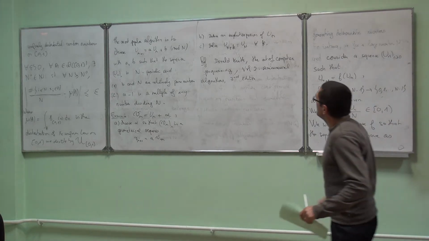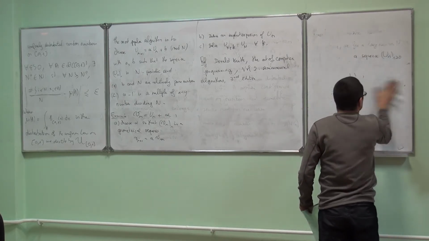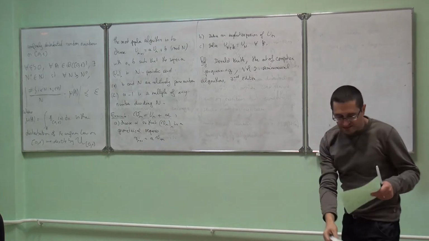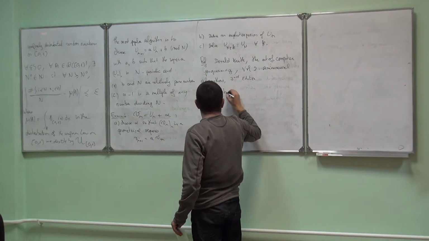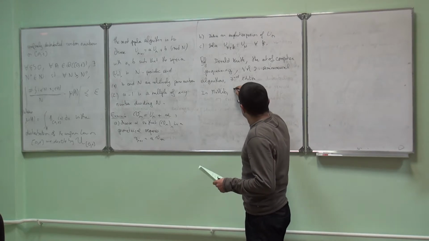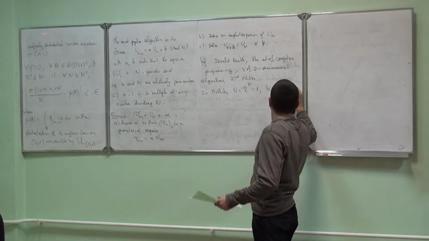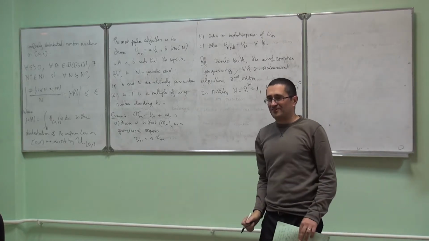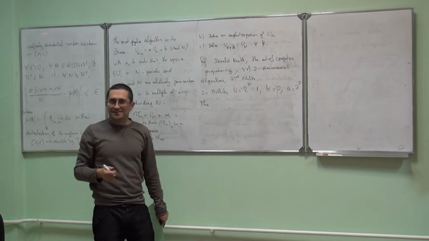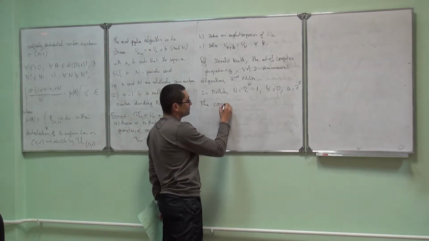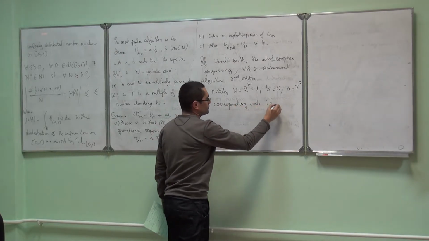For instance, about this algorithm, in MATLAB, capital N equals 2 power 31 minus 1, B equals 0, and A equals 7 power 5. Okay? And the corresponding code, which is what we are interested in actually, is the following: